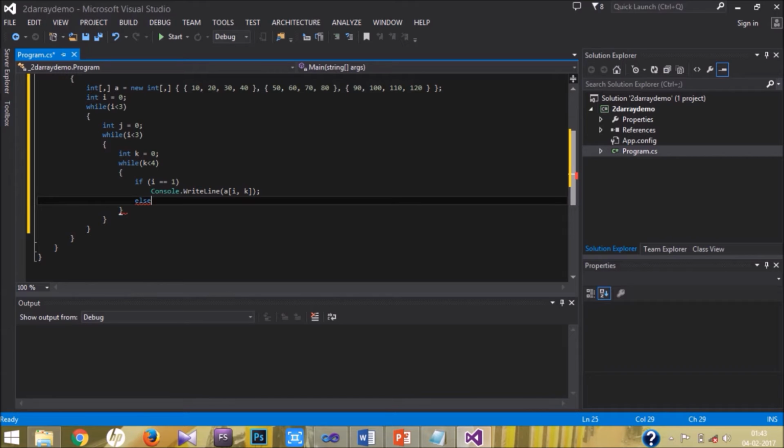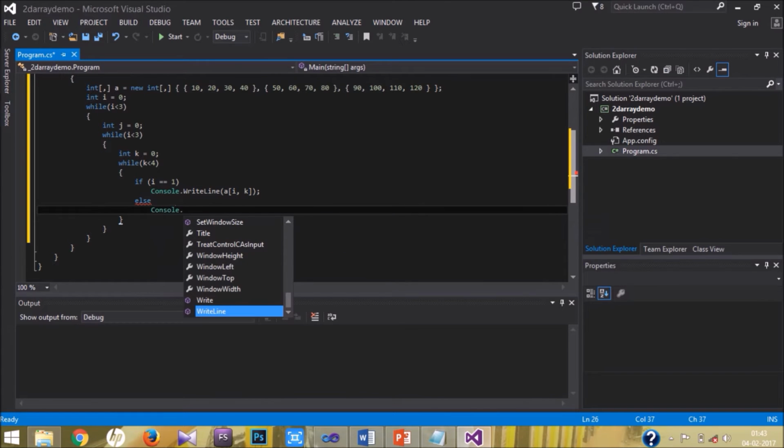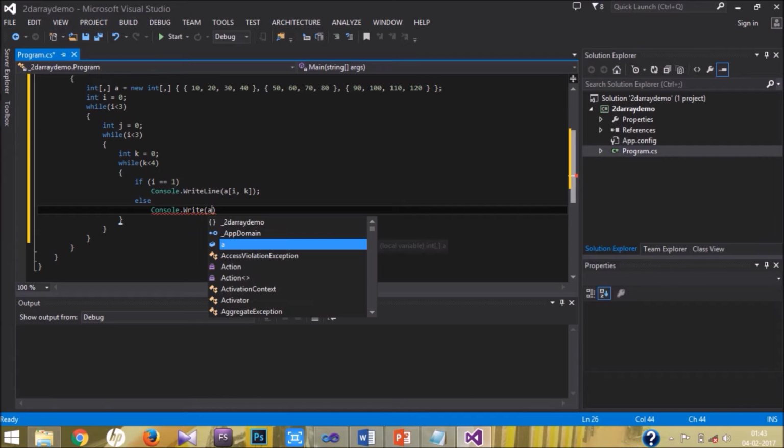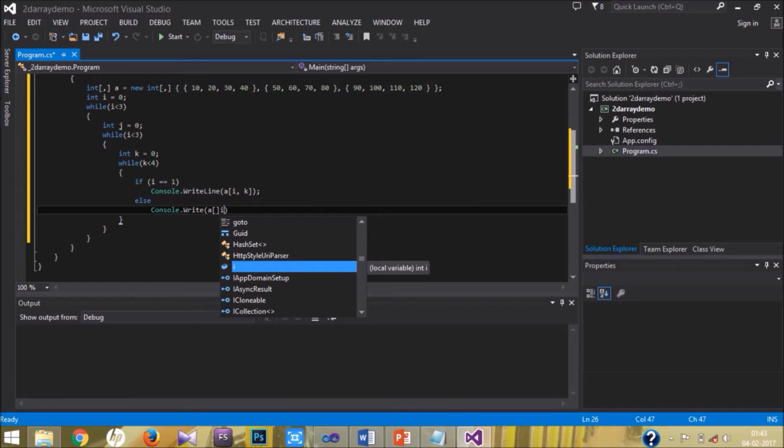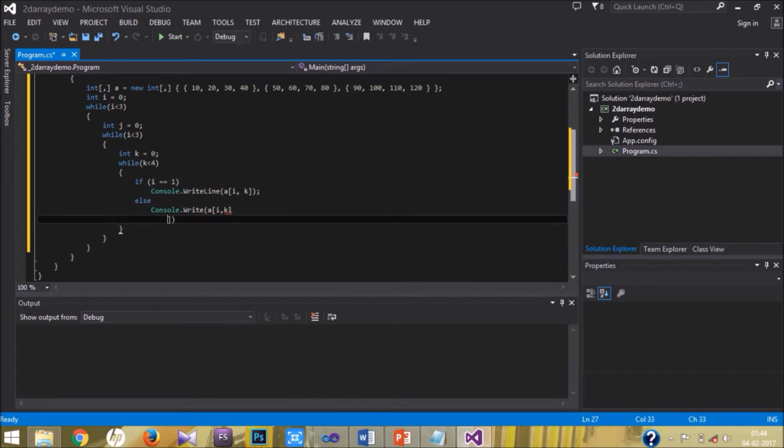Else console dot write a of i comma k, if i k, then plus k, then k plus plus